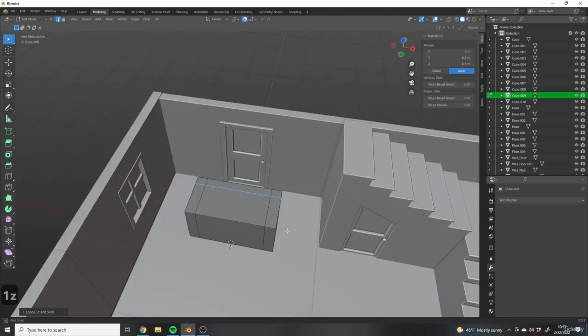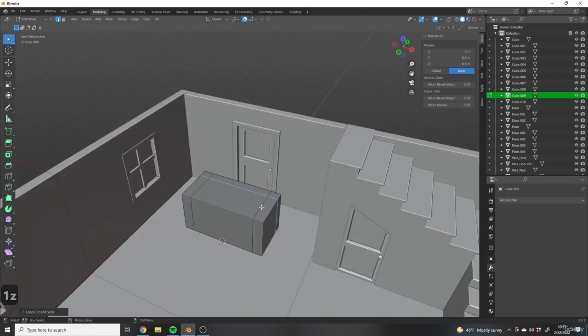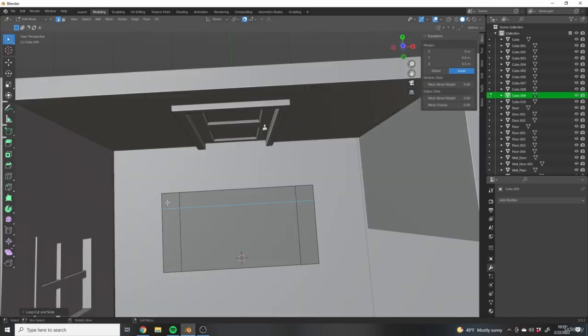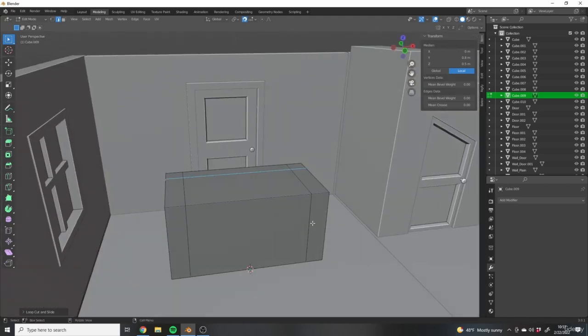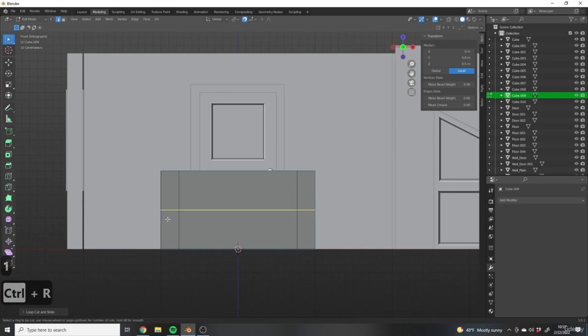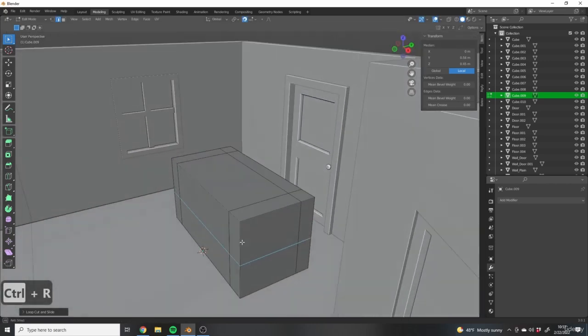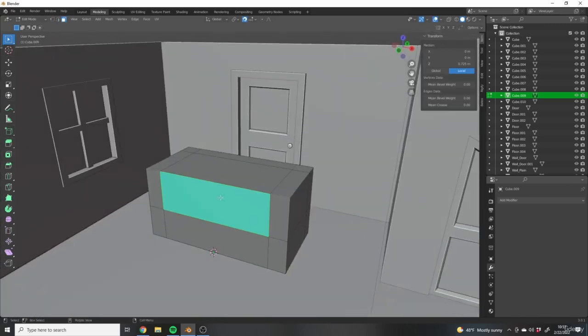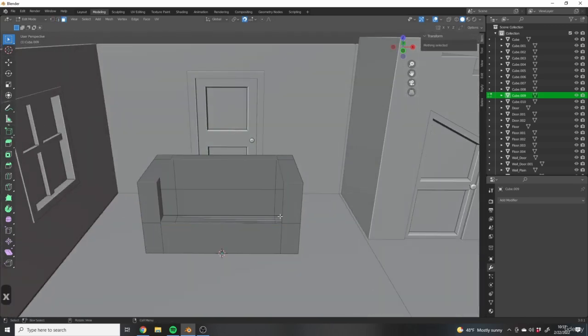So I'm dividing this up like these as the arms. It's more of a love seat, I guess. And then this for the back. So now we need to add a couple more loops. Let's say the seat would be right here and come in and then up. So now all we have to do in theory is delete these faces